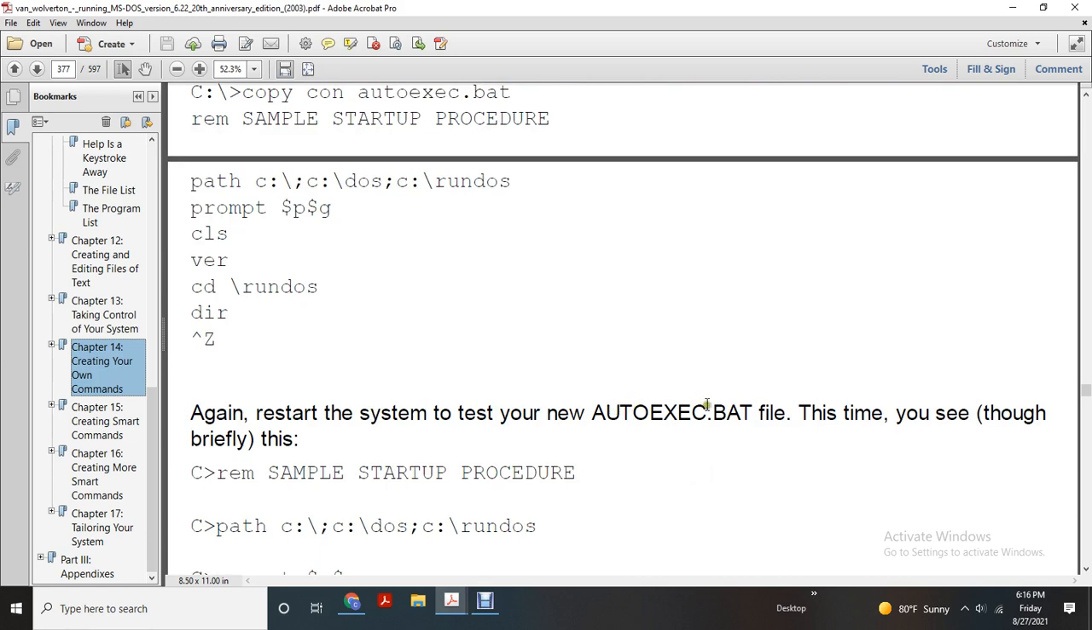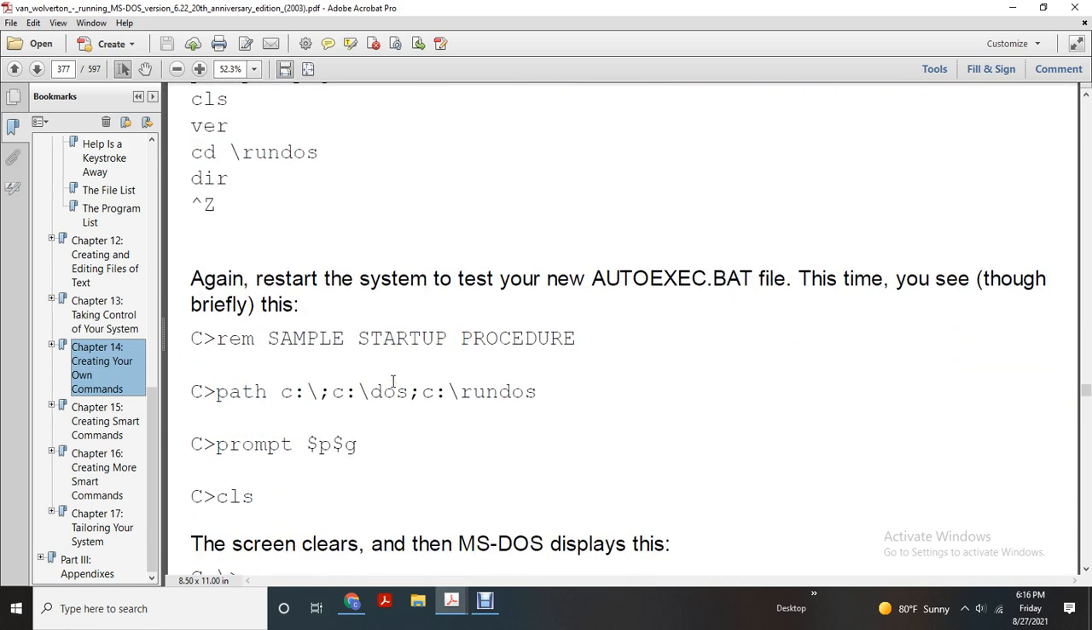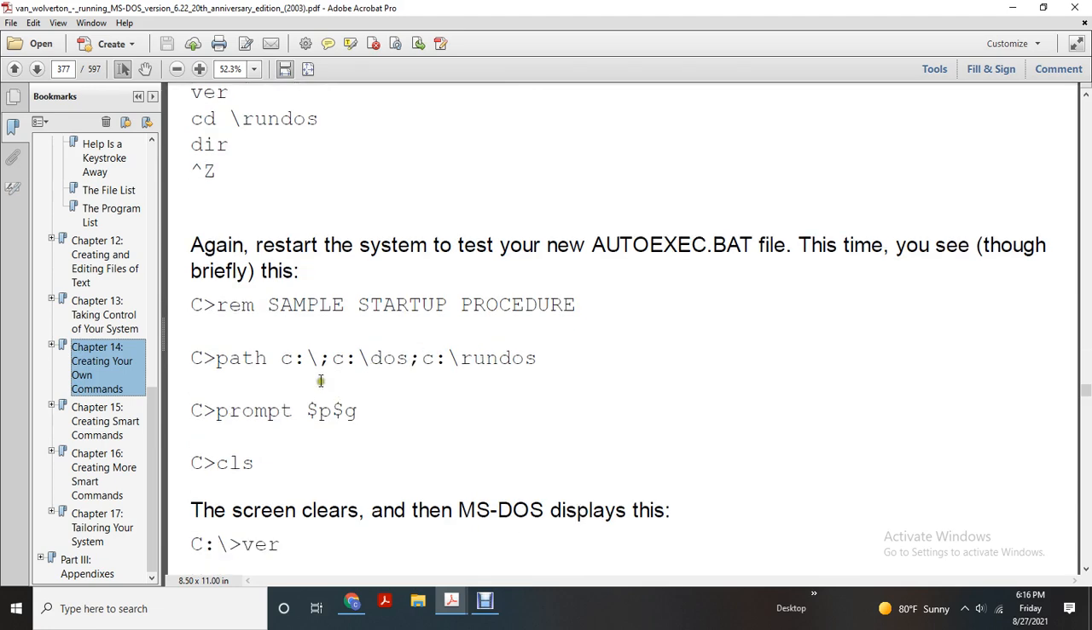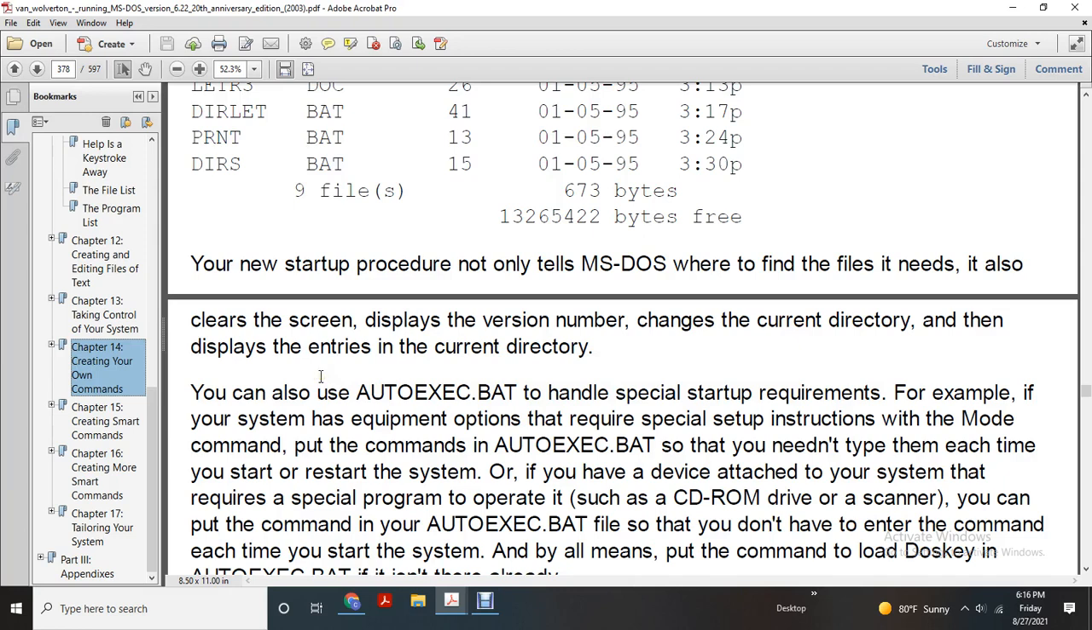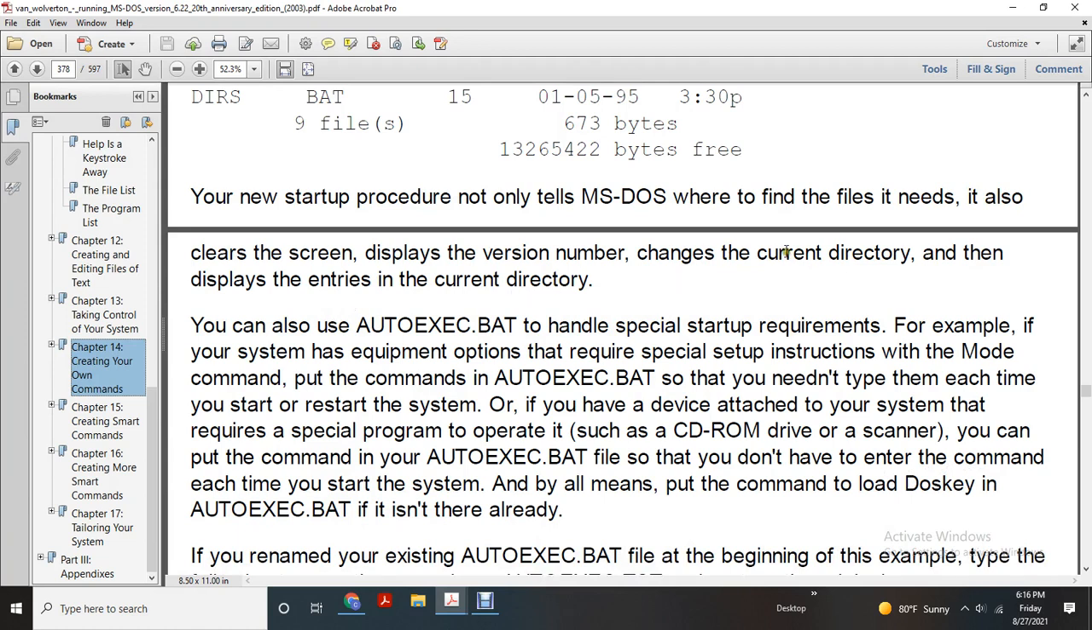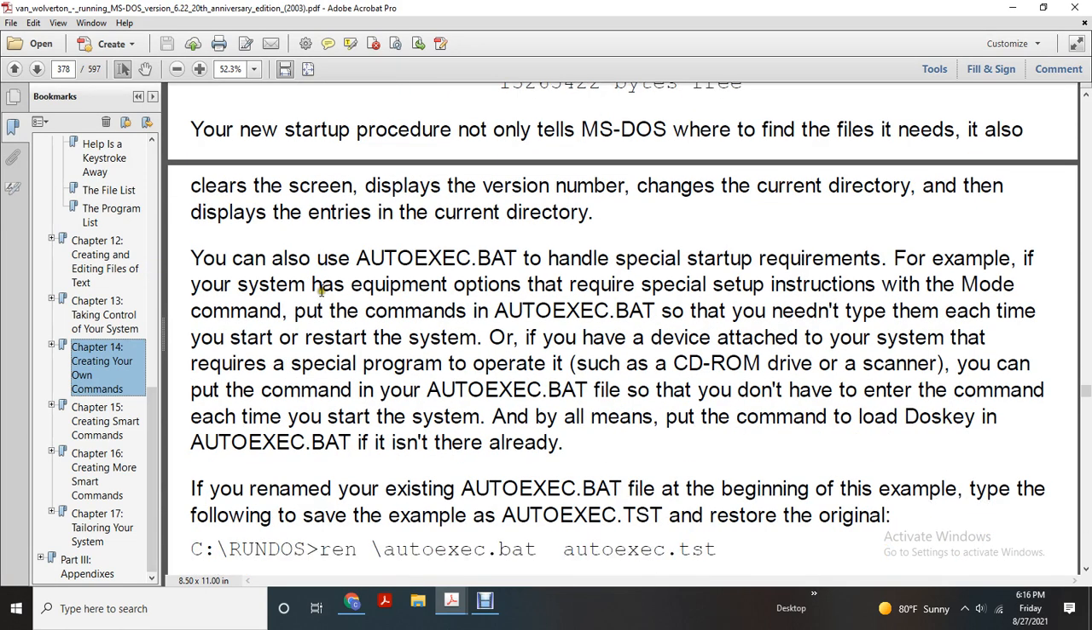Again, restart the system and the new AUTOEXEC.BAT runs. Briefly you see the C drive, DOS, run DOS, and then it shows the version number. The startup procedure not only tells MS-DOS where to find what it needs, it also clears the screen, displays the version number, and changes the current directory. You can also use AUTOEXEC.BAT to handle special startup requirements. For example, your system may have an equipment option that requires special setup instructions with the MODE command. Put the command in AUTOEXEC.BAT so that you don't need to type it each time you restart the system. Once you have a device attached to your system that requires a special program, such as a CD-ROM drive or scanner,